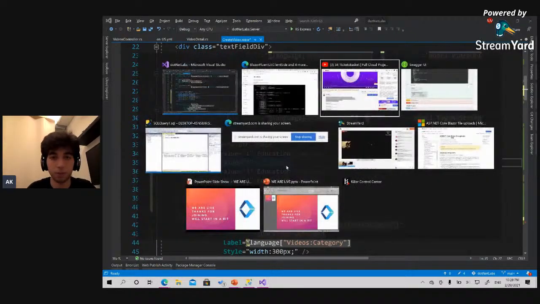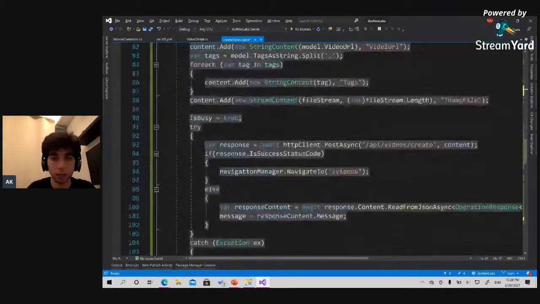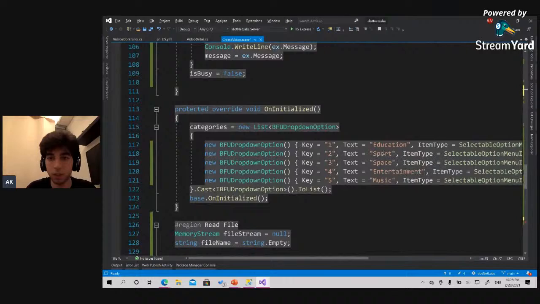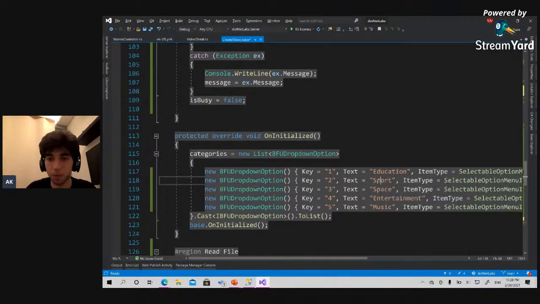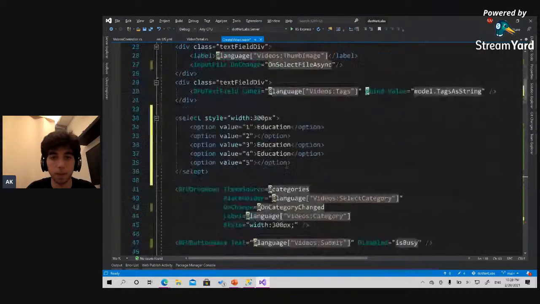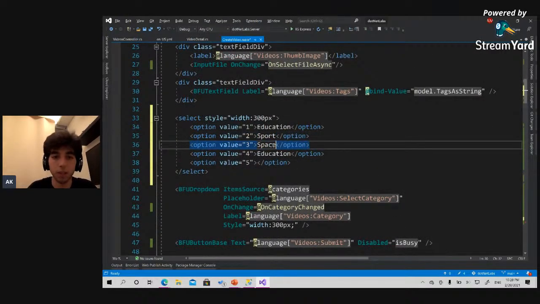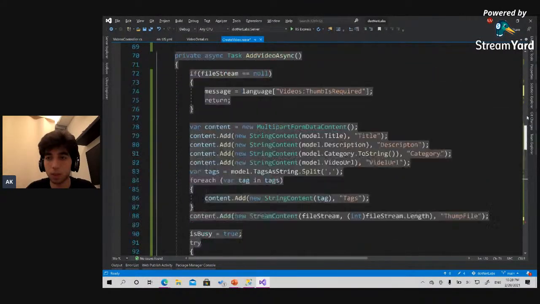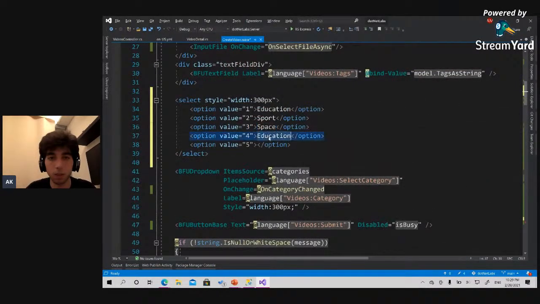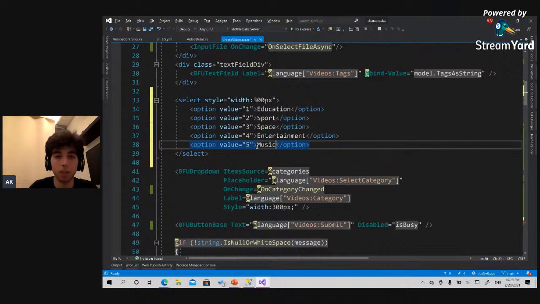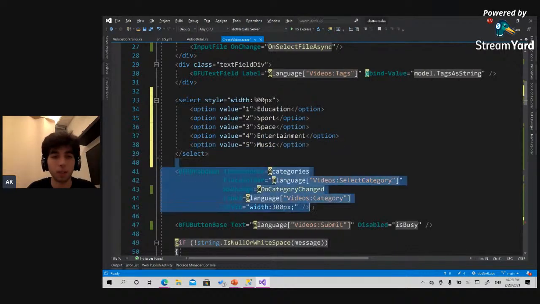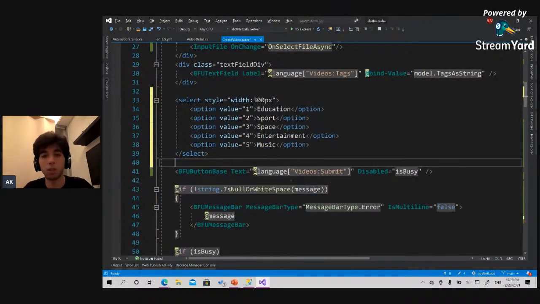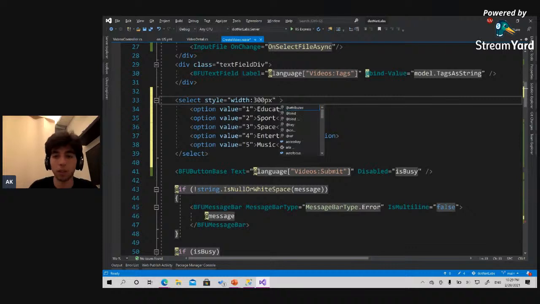We have, okay, let's scroll down here. Sport, space, assignment, and the music. It's like that. Let me get rid of this. Cool. And I will add